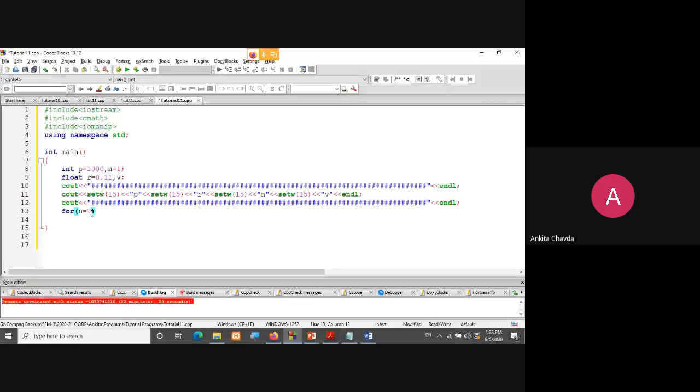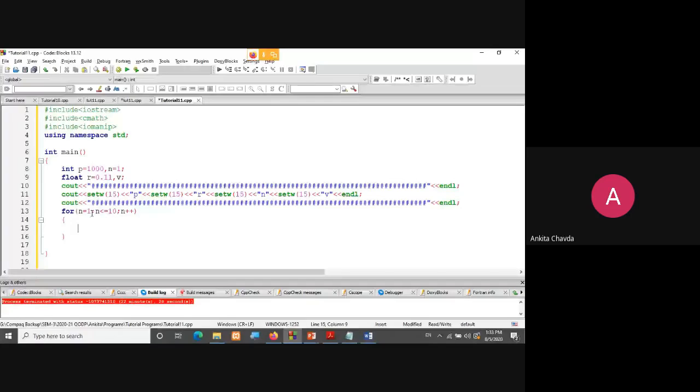In that I'll use directly n equals 1, because I'll take directly the number of years. So n equals 1, then n less than or equal to 10, and n plus plus. Each and every time the year will be incremented.